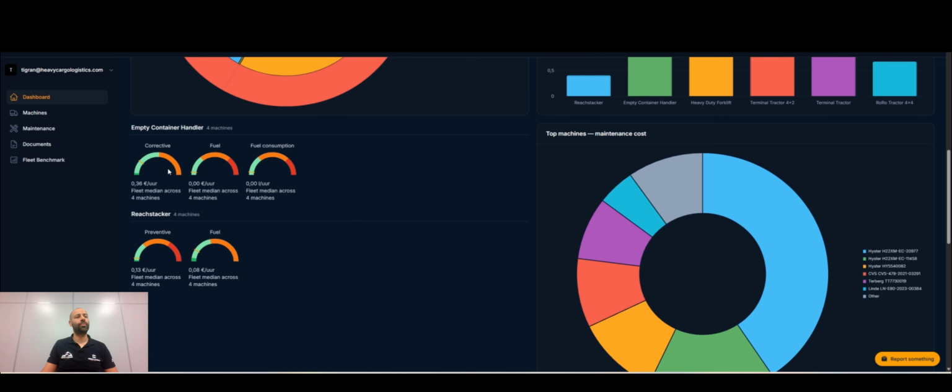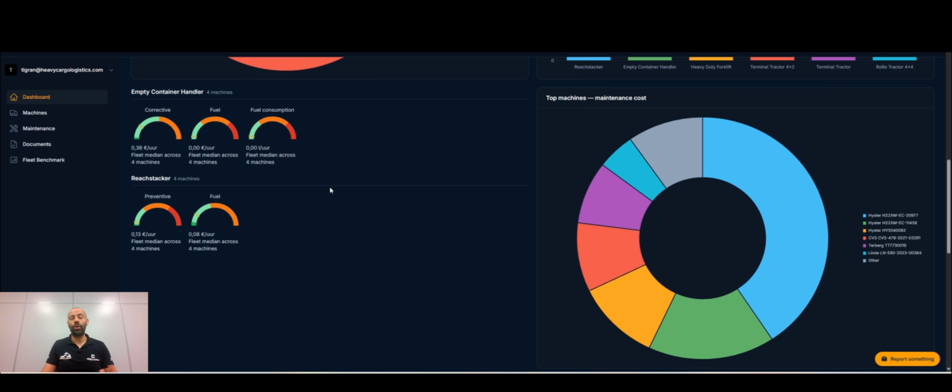Then we have the median across the fleet. So it can tell you that, okay, based on the current fleet, which has 4 empty container handlers, these are the costs and the split, and the same for the reach stacker. And it shows you what is the average. By knowing this, of course, you can also make a call on what is the cost on specific trucks in order for you to make a judgment whether the costs are in line or whether a truck is